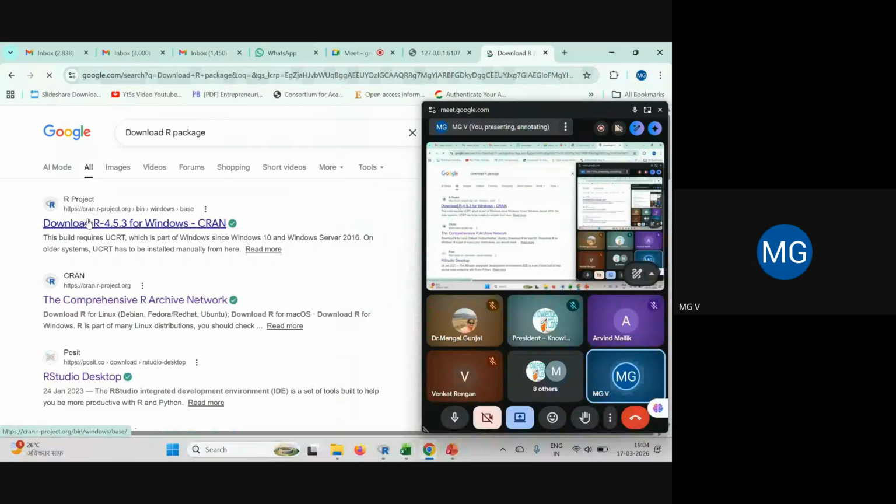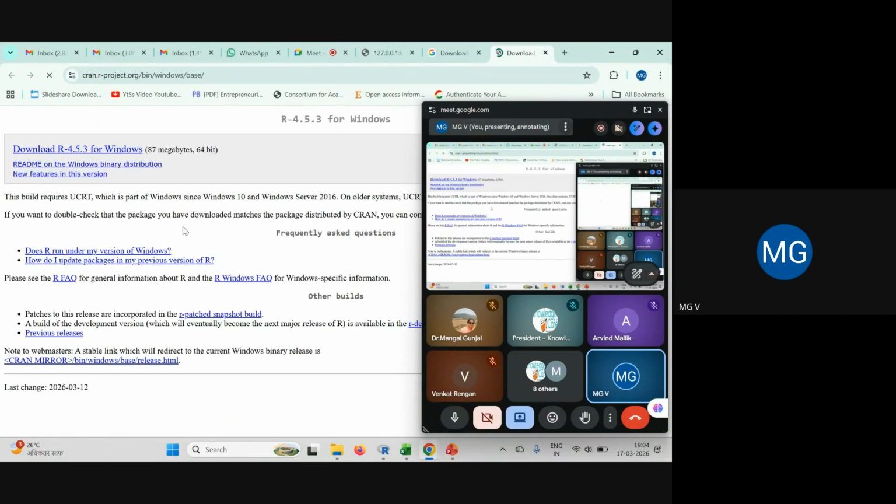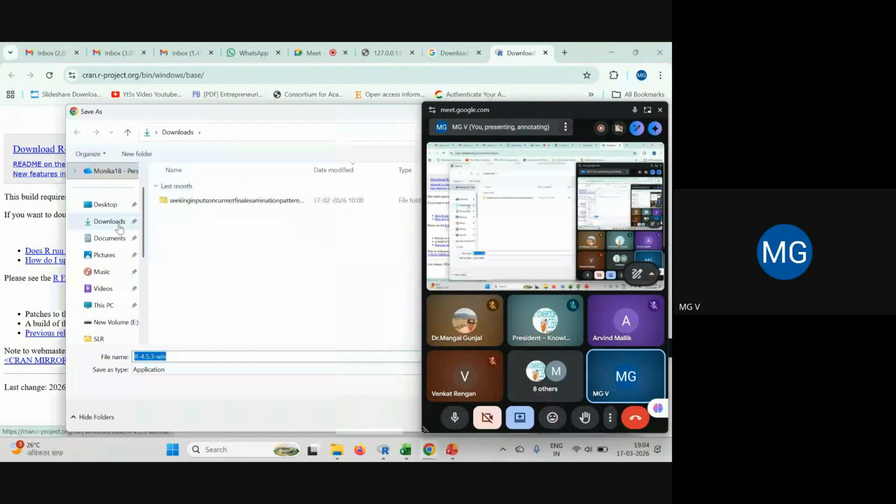This is the latest version here. Download R 4.5.3 for Windows from CRAN. Since my system is 64-bit, it has shown the link here. Click this, and you can get this software.